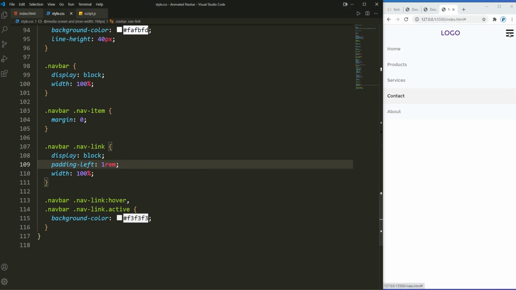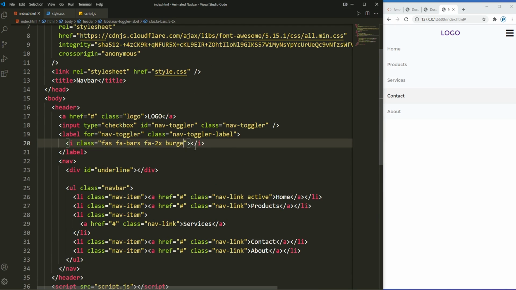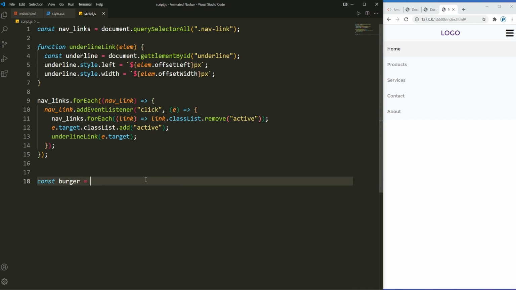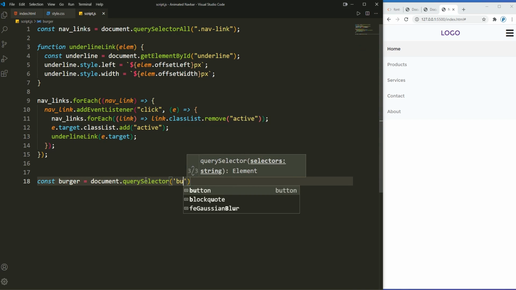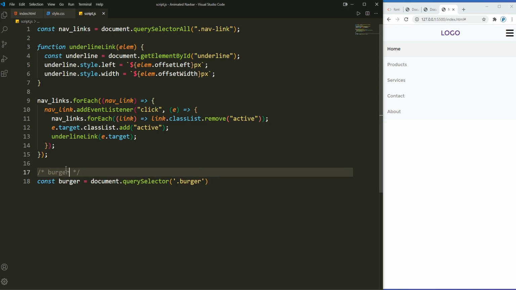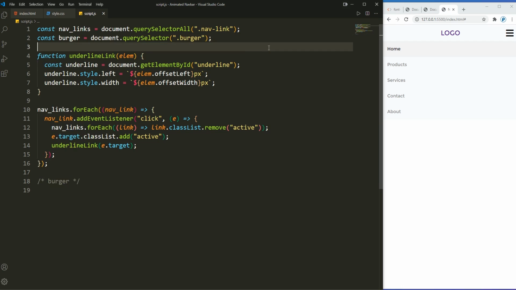And now time for this burger right here in index.html. Just add the class of burger for that, and then back into script.js, get that class of burger, this document.querySelector, get that burger class. I'm gonna type in here burger, and let's just cut this off from here and paste it right there. Okay, then